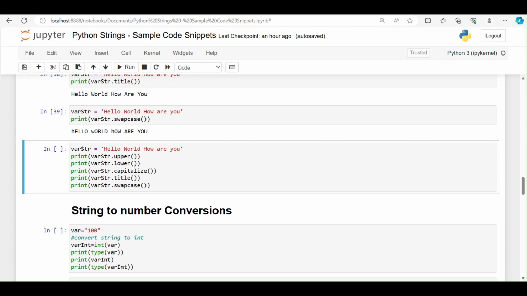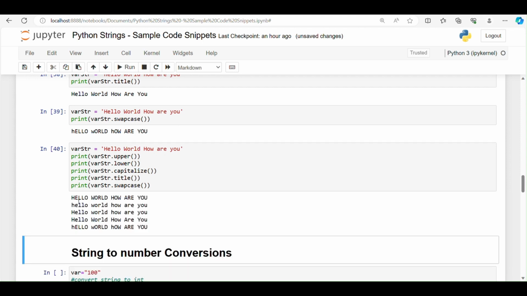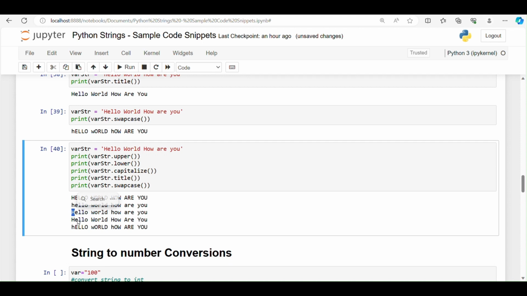Let us put together all above conversion methods at one place to see the variance in output for a given input string. The first one, all uppercase letters, all lowercase letters. Next, the initial capitalized, and then all words, all first characters in the word got converted,